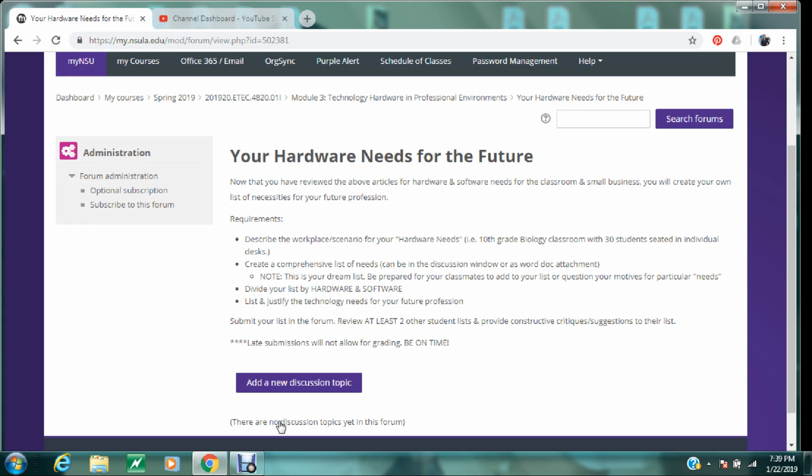That's where it's fun. You get to Google it, search it, research it, go look at your classmates' lists, add to your list from your classmates' lists. When you go through your classmates' lists, hopefully that's going to give you other ideas that maybe you didn't think of. And that always comes up where people see something and they're like, that's a really great idea. My goal in creating this assignment for you guys was that you have something that you can take with you into your classroom. And hopefully you walk in with a greater dream than I just need a desktop computer and a projector. Some of you may not even think about that.